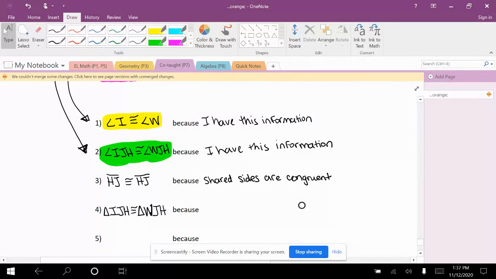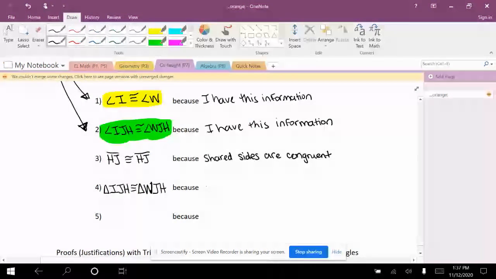And this is because angle, angle, side triangles